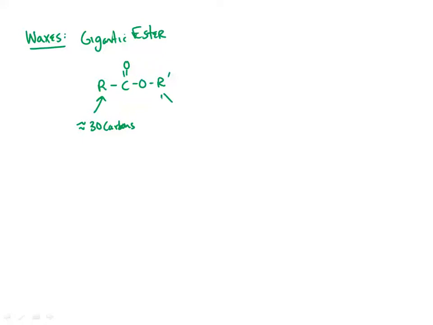And so when we say gigantic, we kind of mean gigantic, because when we were learning how to name esters, we usually had like 5 or 6 carbons at most on one side or another. We're talking about having 30 plus on them. And so, of course, that makes them very hydrophobic. And in fact, that's one of the reasons we tend to use them for wax coatings